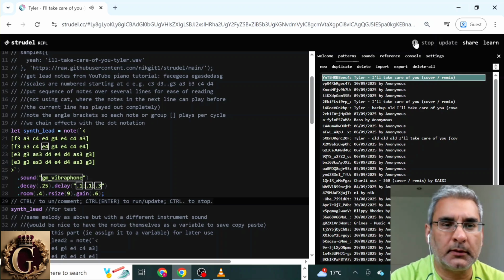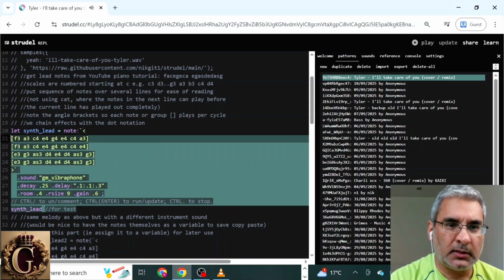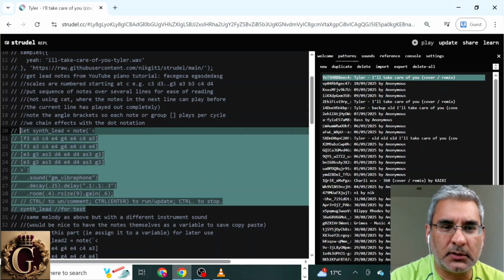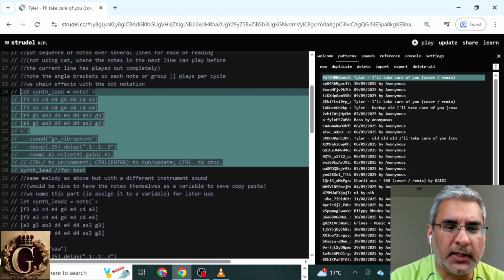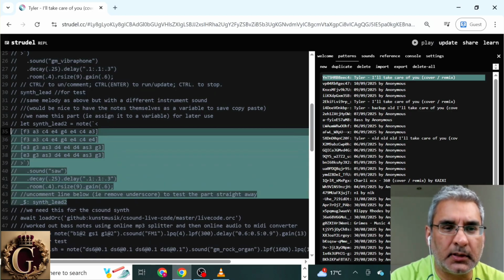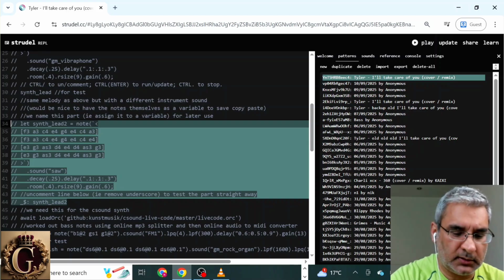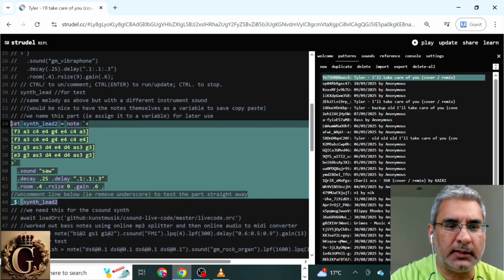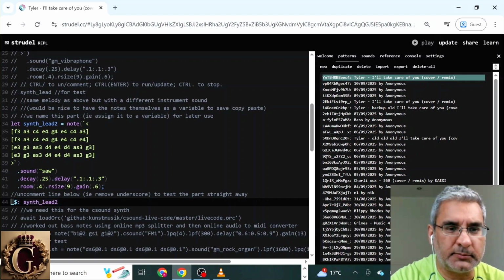There we go. So I can do that for each of these parts in turn. Just comment out the parts that we don't want to play and uncomment the parts that we do want to play. So for the next part, we've got essentially the exact same melody, but we've got a different instrument. So if I uncomment that, and then I just need to uncomment this particular line,